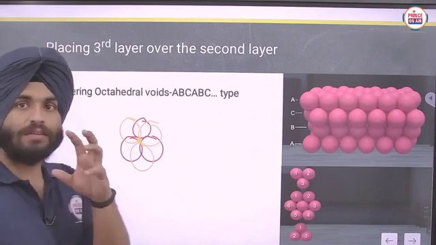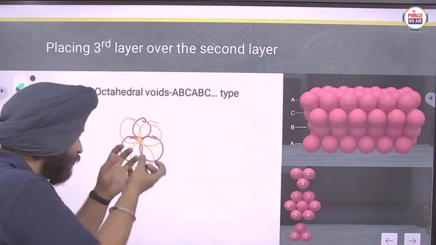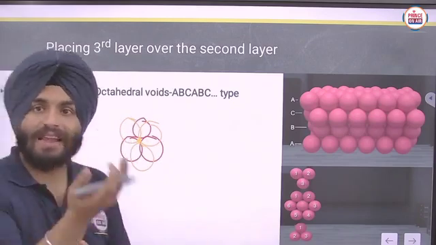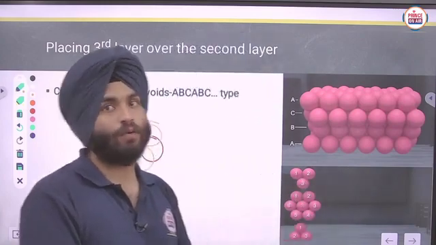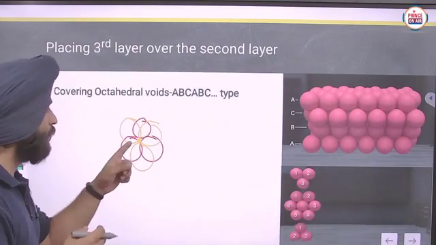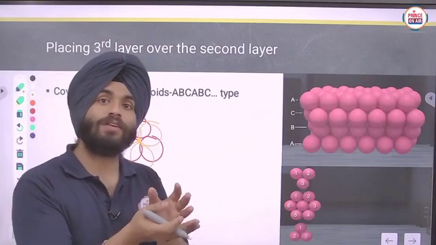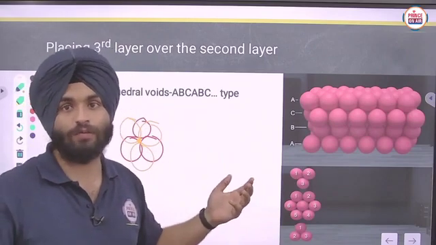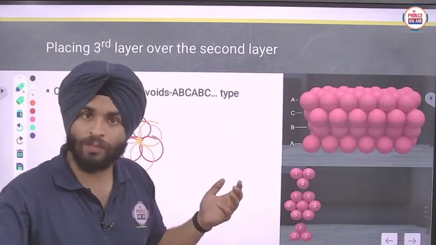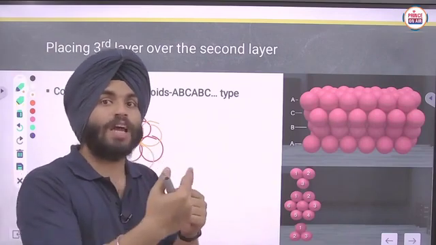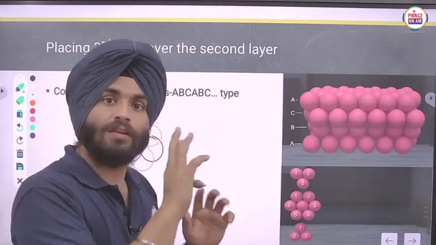That is the octahedral void. If I put balls of the next layer over it, that is the covering of the octahedral void, and that layer will be different from the first layer, different from the two layers we already placed. Clear? So now it will be a different type of layer, meaning we have made an A, B layer.